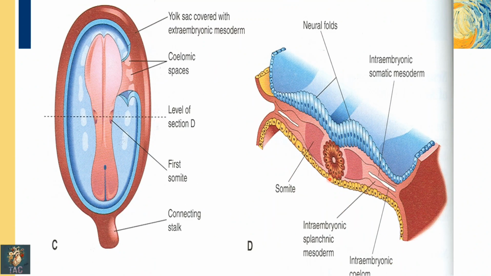In this diagram you can see the ectoderm and the neuroectoderm forming the neural groove and the neural folds. In the center you can see the notochord. Here you can see the paraxial mesoderm, which is forming the somites, and then the intermediate mesoderm and lateral plate mesoderm. And also remember, the section is taken over here. This is the level of this section. Now